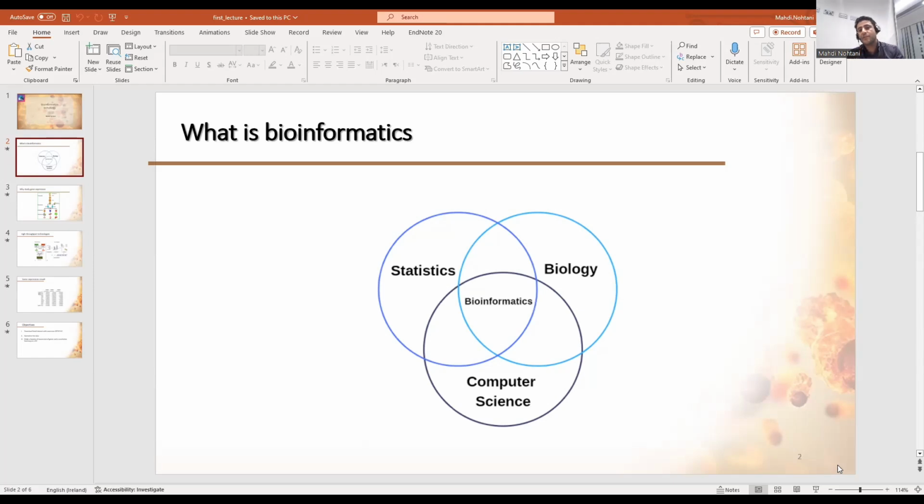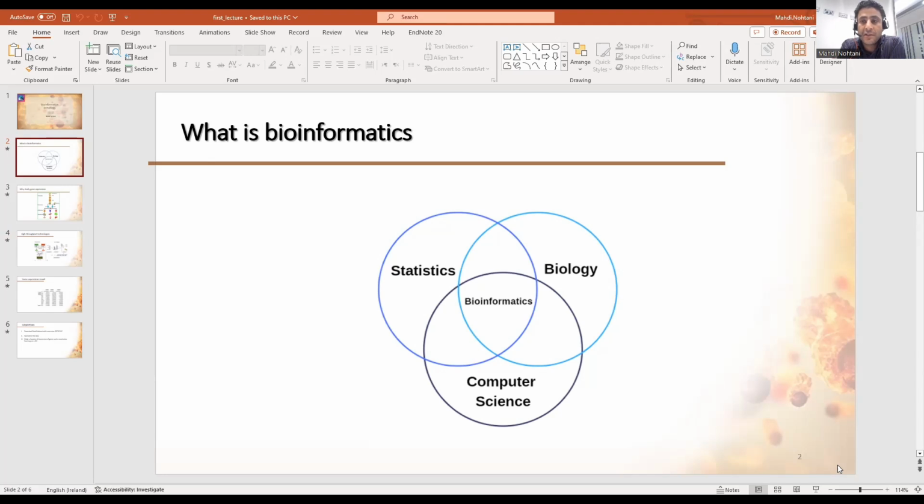But with the advancement of knowledge and technology, we were able to study thousands of genes at the same time. For a single gene, simple software like Excel is enough, or you can use SPSS or Prism and do a t-test, a normal statistical test that would do the job very well. But when you're studying thousands of genes or all the genes in the genome, like 55,000 genes at the same time, those methods are no longer capable of answering your question or even